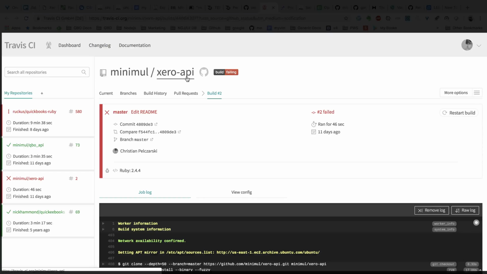So I'm fighting this issue on Travis with getting a Zero API to pass. And with both QBO API and Zero API, I leveraged VCR for doing specs. And it's kind of an unorthodox thing to do in a library because it adds kind of a dependency where